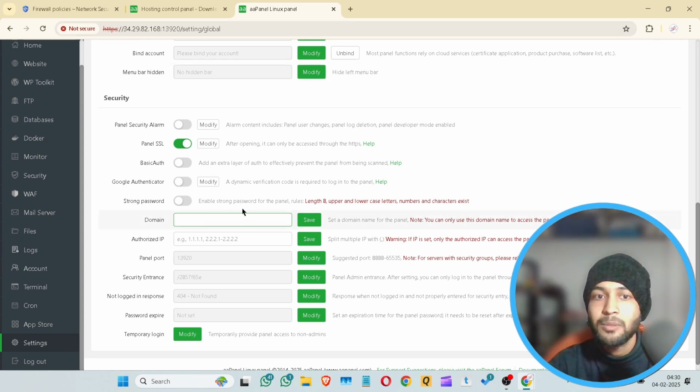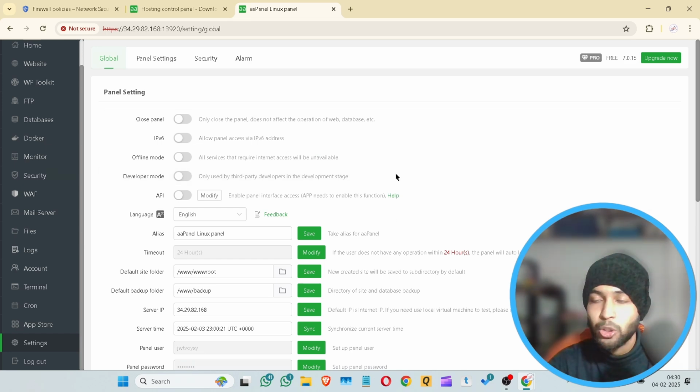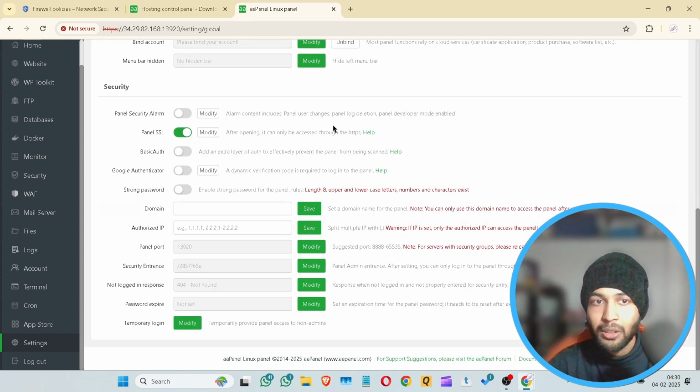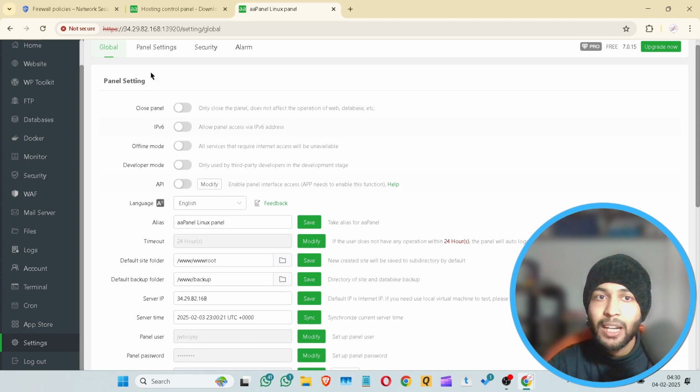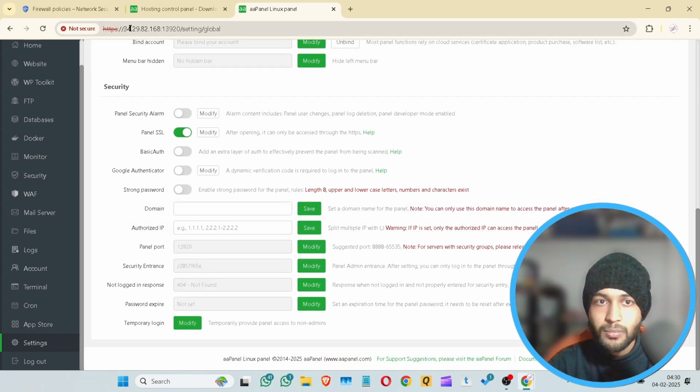So then you can type that domain, like mydomain.com, then save. After that, it will automatically close and you will be outside of this panel. After that you have to go to that domain to access this. Okay, and make sure you note the port number. Without that port number you can't access. So make sure you know the port number, note it down, and here you can put your domain